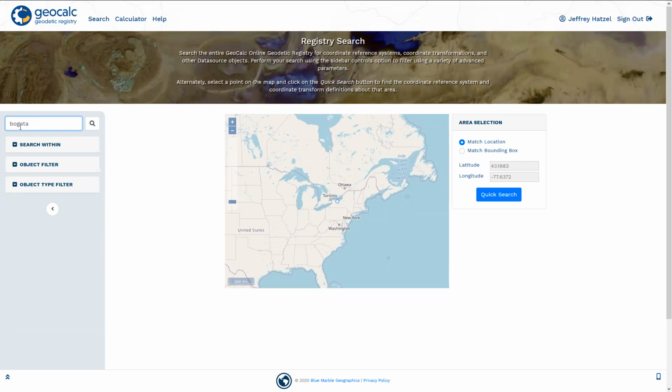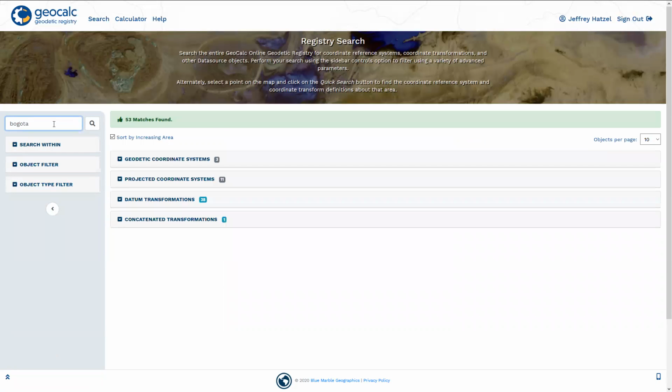I could enter an EPSG code here if I wanted, or any other certain text that I want to search by. But if I search just for a given word, it's going to return all objects which match or contain that word. So we'll see I have 53 matches overall